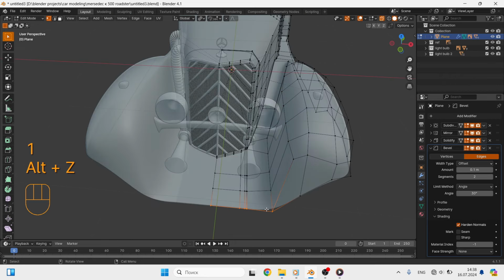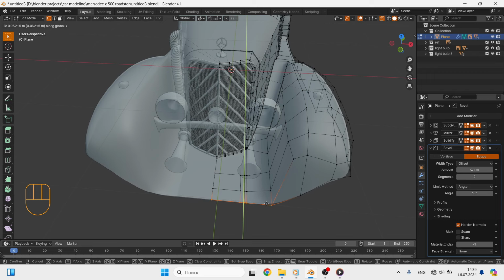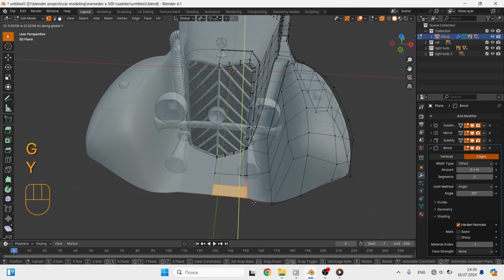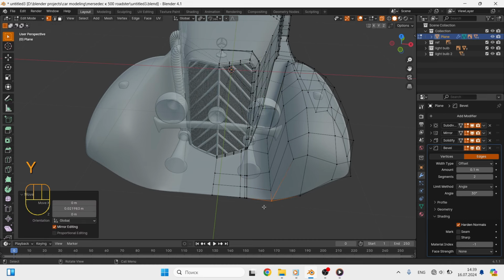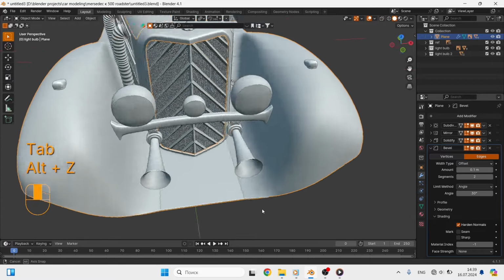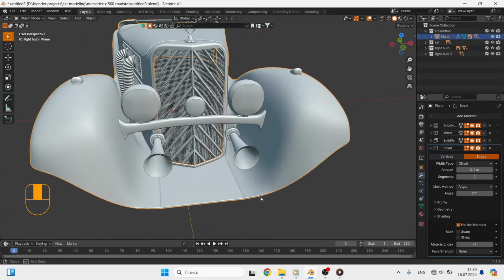If all the elements of the car that we created are parented to the body, then it can be turned to face us and placed opposite the reference. This makes it possible to constantly look at the example. Well, first you need to slightly correct the body of the car so that there is a place to put the bumper. Go to the editing mode and slightly shift the vertices.